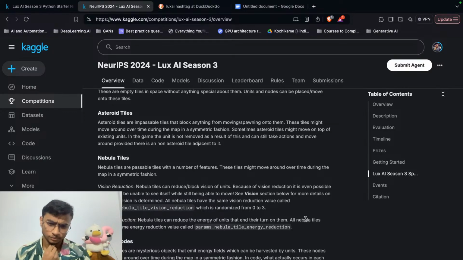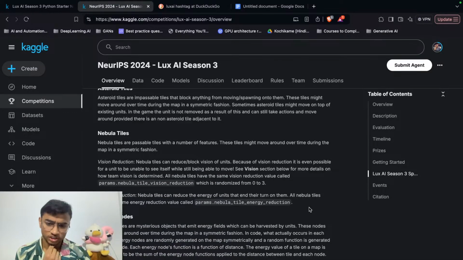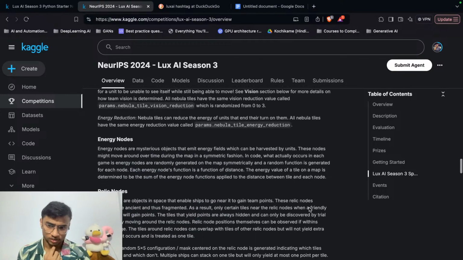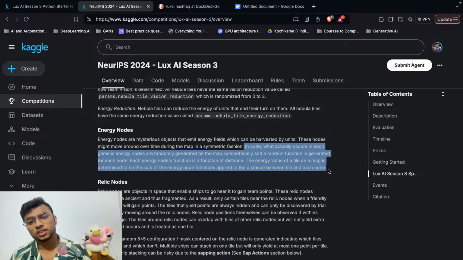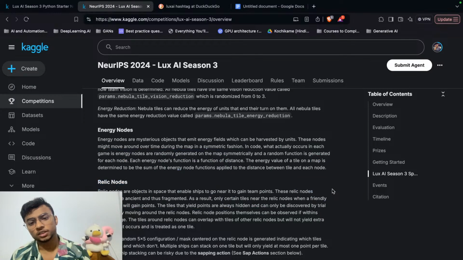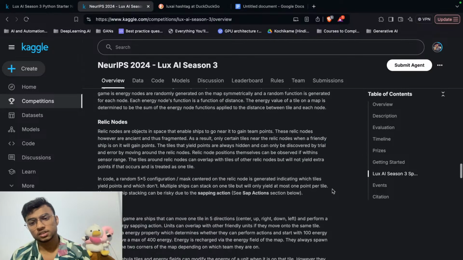Okay. So how does the team vision affect me? Not really sure. And tiles can reduce the energy of units at the end of the turn on them. Okay, energy nodes are mysterious objects that emit energy fields which can be harvested by units. In code, what actually occurs is the game nodes are randomly generated. Okay, relic nodes are objects in the space